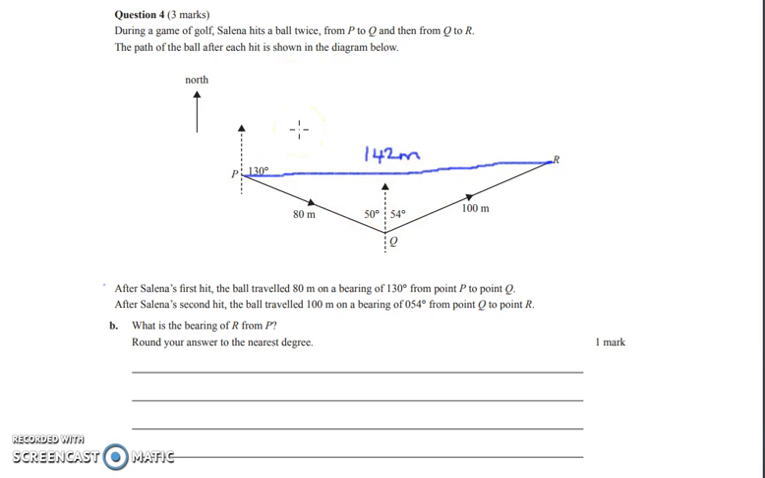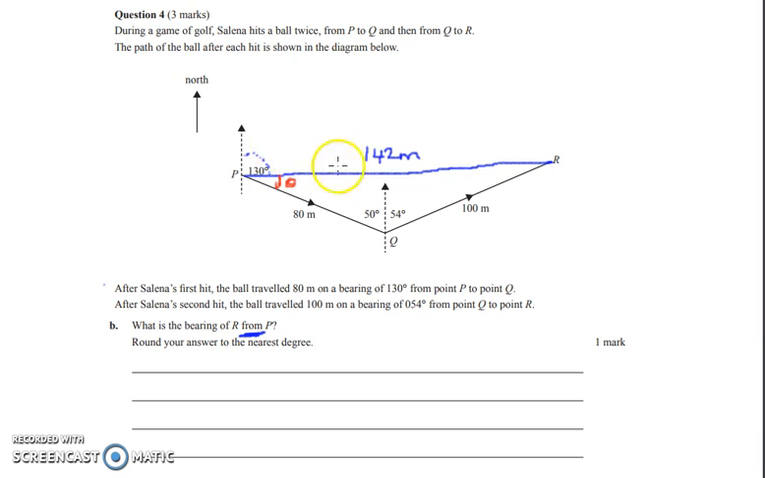So part B is, what is the bearing of R from P? Round your answer to the nearest degree. Keyword there, from. So we're looking at R from P, so we're trying to find what this is all the way around there. The whole angle is 130 degrees, but we need to find what this section here is. So to find this angle in here,